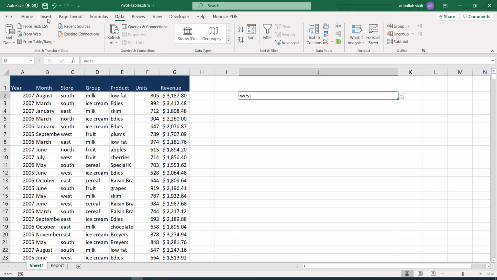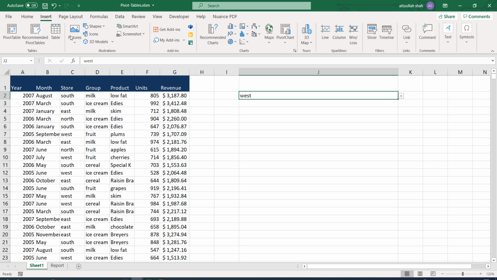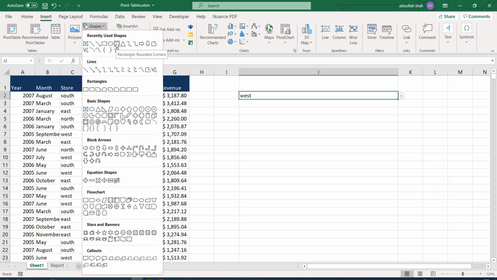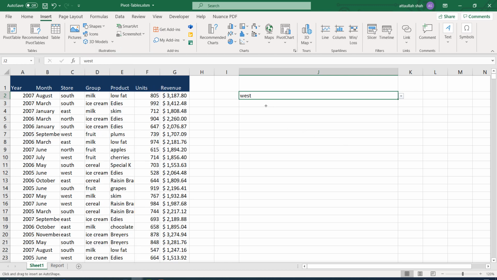So to create a button, I'm going to insert, and then I go to shapes, and then I select this rectangular rounded corner shape, and create a button here.